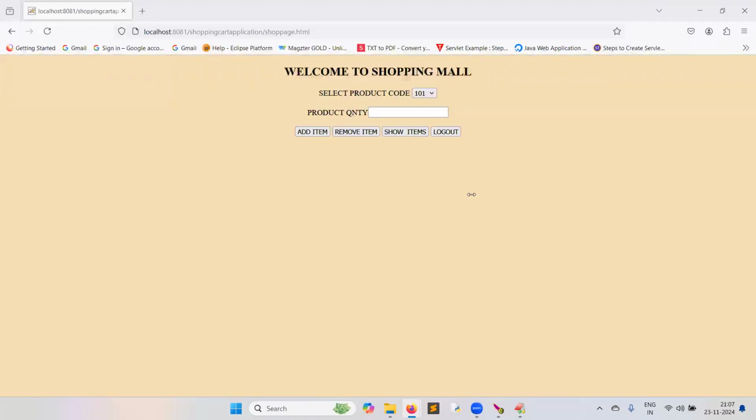Actually, very technically speaking, if you are good at core Java, the session object is never used directly as a shopping cart. A HashMap is used as the shopping cart, and that map is stored in the session object. In this example, I used the session object only as a shopping cart.